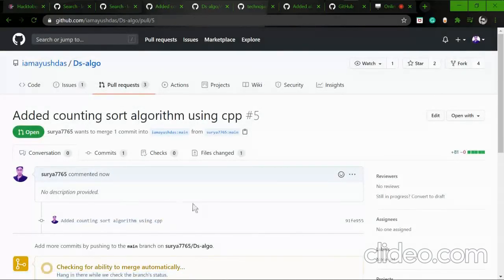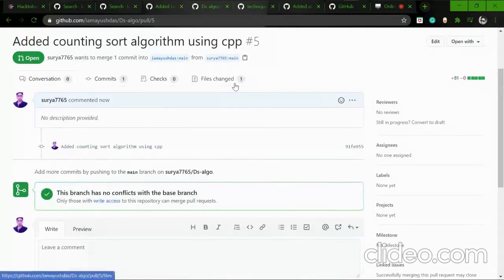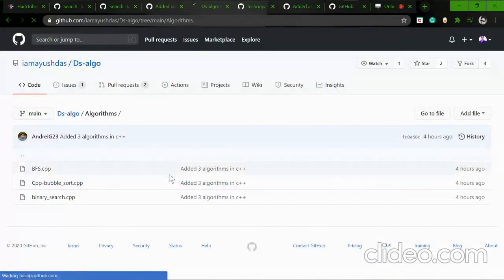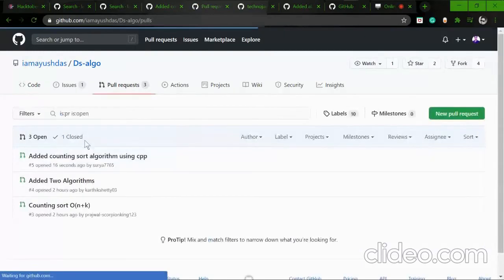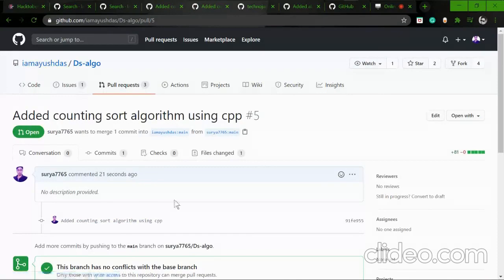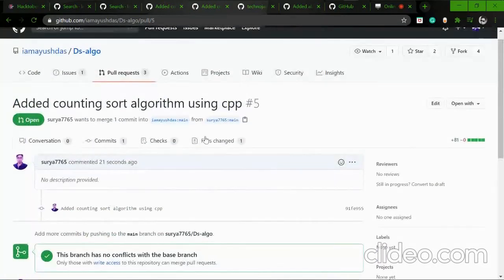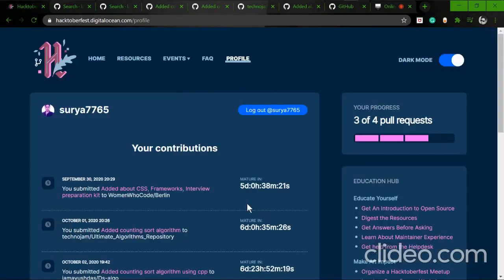and now this is the pull request done by me. And if you see here, you still can't see the changes here, but in the pull request, you can see I have made this pull request to the owner of this repo. So if he feels it is good, then he will add all the changes here.